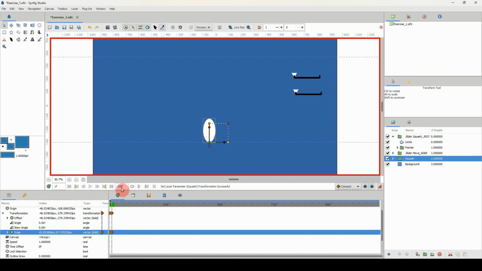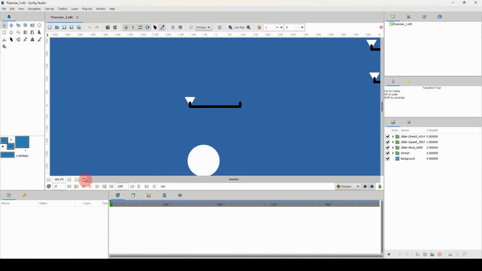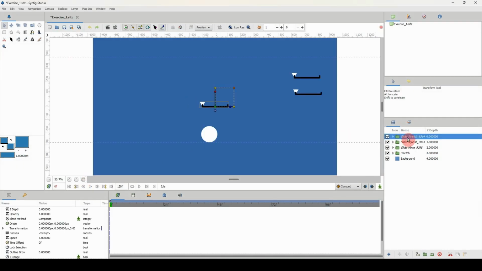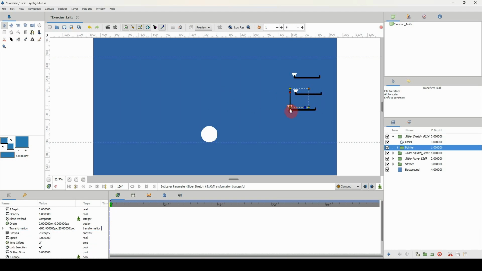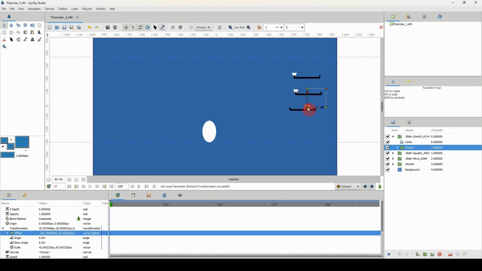And I'm thinking that I can exaggerate this a bit more, so let me just move this up a bit more so that we can have a greater amount of stretch. So that is looking fine to me. And let me just go ahead over here, slider underscore stretch, enter, and plugins, create joystick, proceed, and I have my slider created there. Let me test it out by going over there,